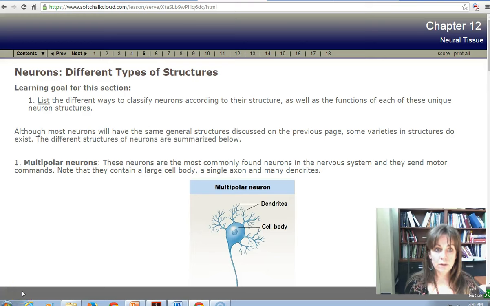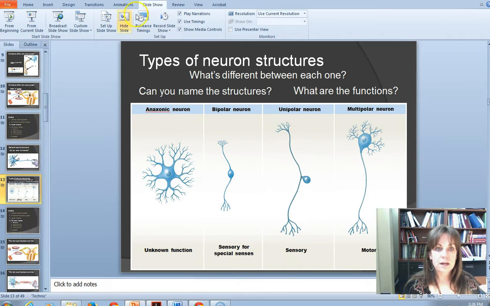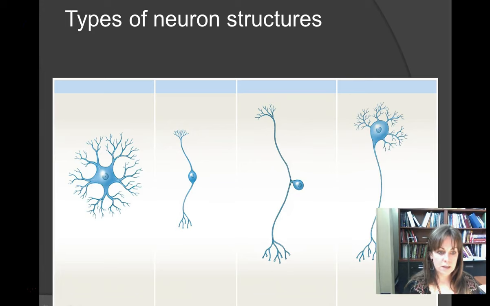Okay, so now we've talked about the structure of neurons in general, and now we're going to be looking at some different types of neuron structures. You're going to see many of the same elements that you just learned, but you're going to see a bit of a variation in how these elements look. And so what I'd like to do is show you this PowerPoint slide here